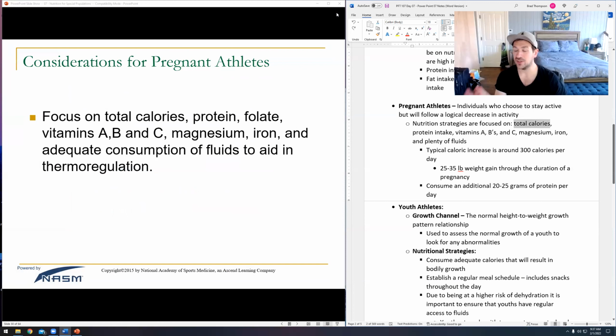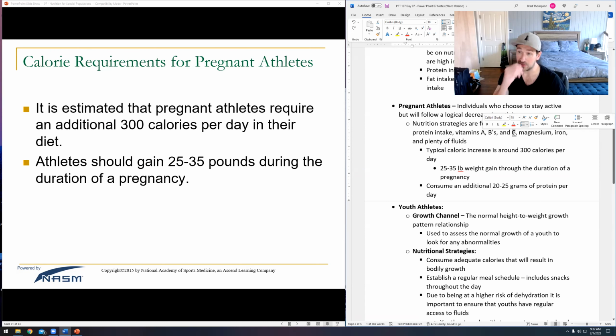So really, how much do you think a pregnant mother needs to increase their calories by? It's not nearly as much, about 300 calories a day. That's not as substantial as you would think, but we are going to make a big adjustment here, right? We're going to increase total calories, more protein. That's going to be important to make sure there's enough nitrogen present to develop a new body. And then plenty of vitamin A, which is helpful for eye development. All of the B complex are going to be huge. A lot of pregnant mothers will take a B multivitamin. Plenty of vitamin C, magnesium, iron are really big. Iron, so that again, we can make hemoglobin in the blood, and then lots of fluids to make it easy to bring all this in. That's an increase of about 300 calories per day.